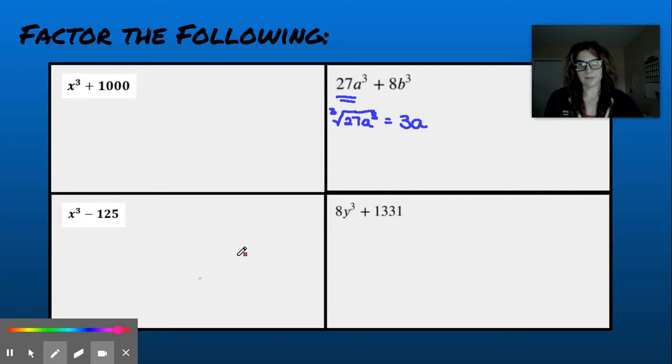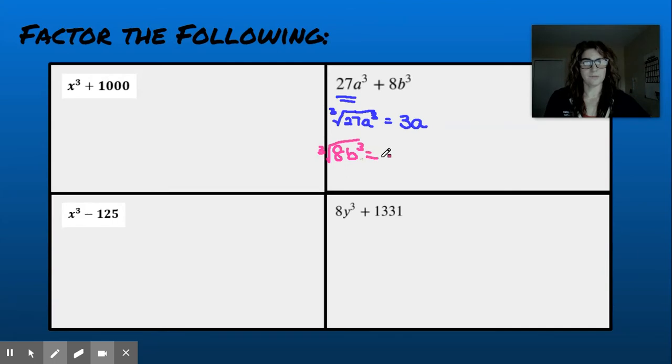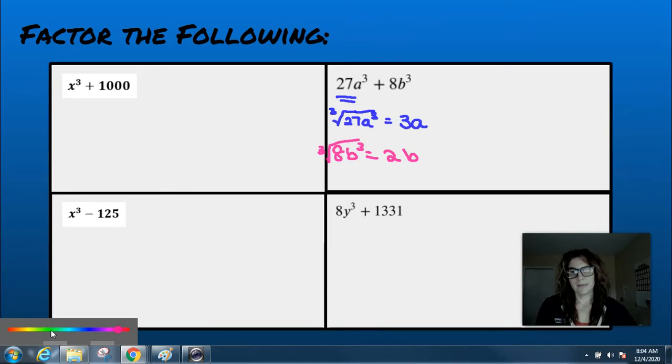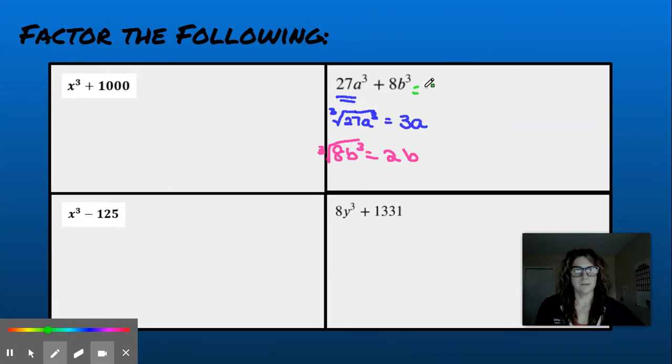My second term, I'm going to take the 8b cubed and find the cube root of that. Cube root of 8 is 2. Cube root of b cubed is b. Okay, so now from here, I can group these together. I'm just going to move myself down here to get my completed factor. So we take each of those, 3a, sign of the original middle, plus 2b,